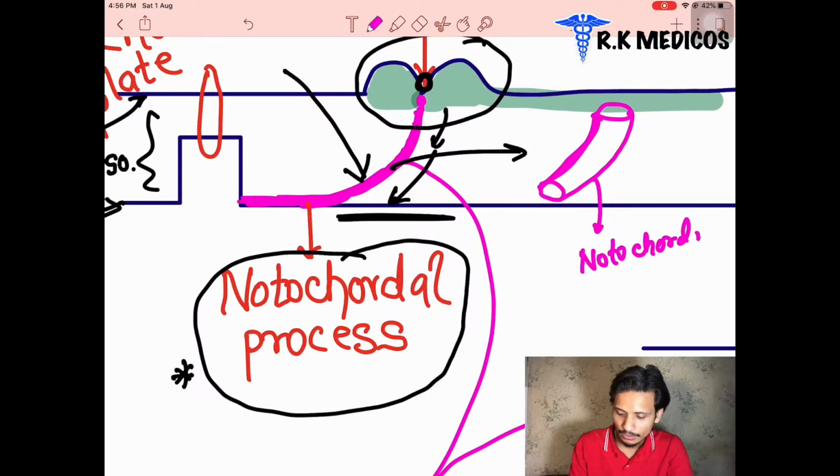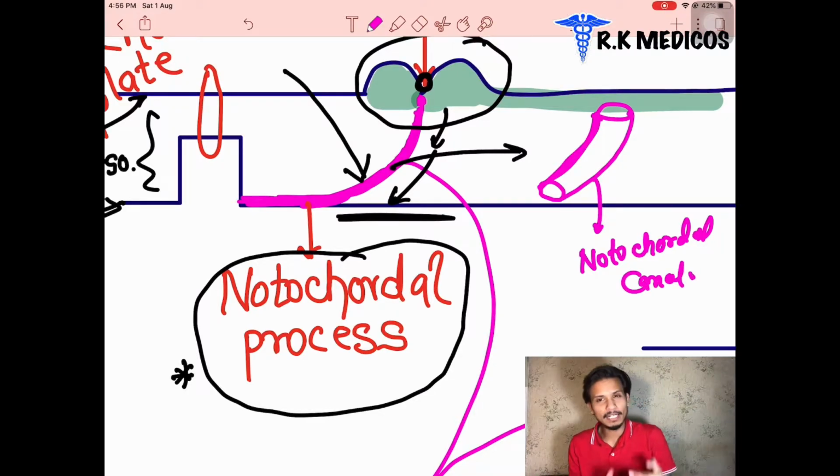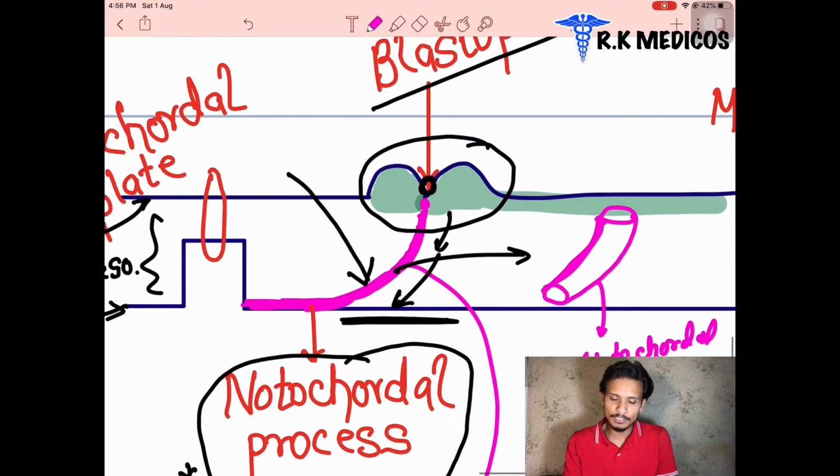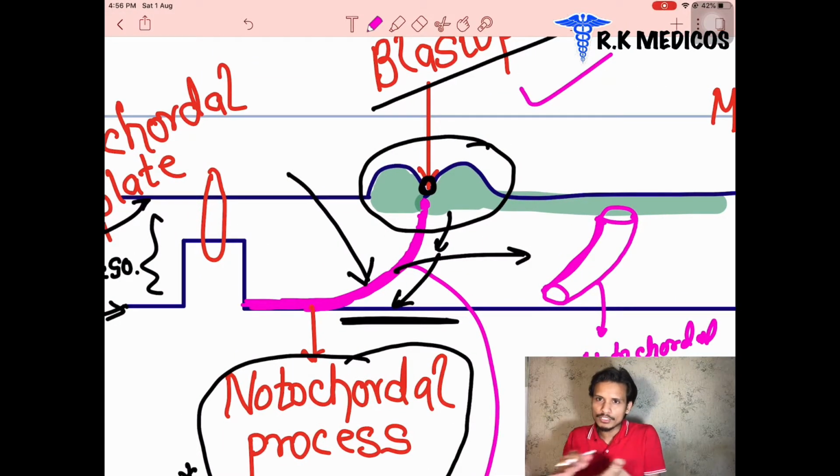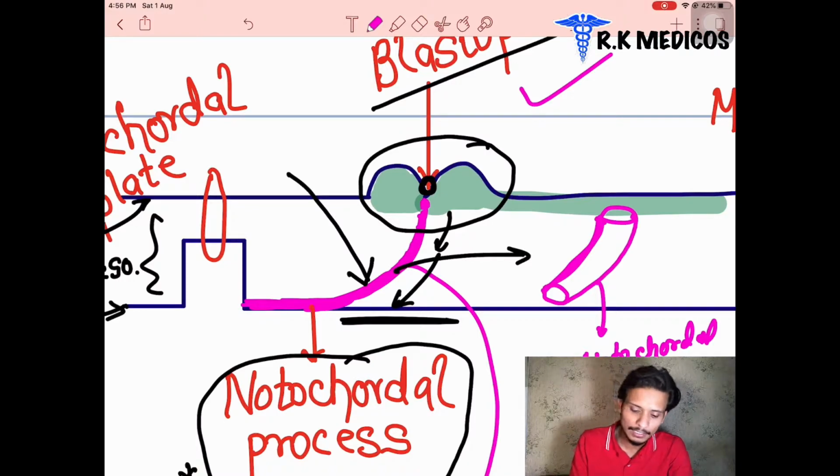Notochordal canal. Basically these are not all happening at the same place. They are happening in a step-by-step manner. First the blastopore is formed. These blastopores move down, they fuse with the endoderm walls, and they are canalized. After the canalization they are called the notochordal canal, and then they further fuse. Through this